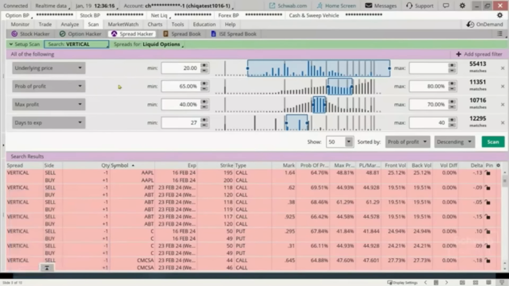Probability of profit. What we're looking for is, I want a higher probability outcome. Now, higher probability sounds great, but there's a downside to higher probability as well. Generally speaking, the higher probability the trade you're looking for, the lower your max profit or your return on risk is going to be. So I put in a probability of profit of